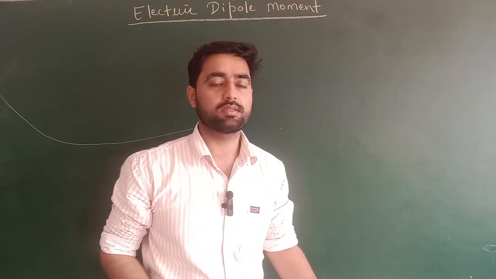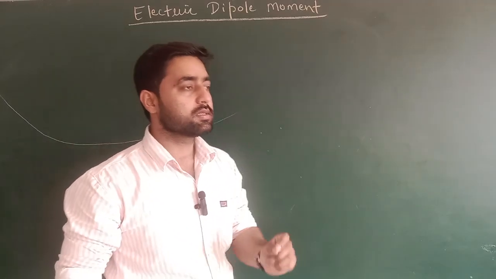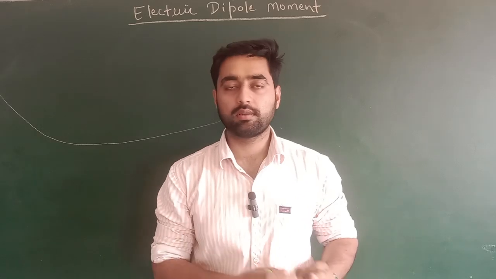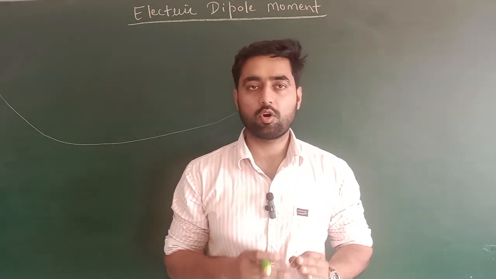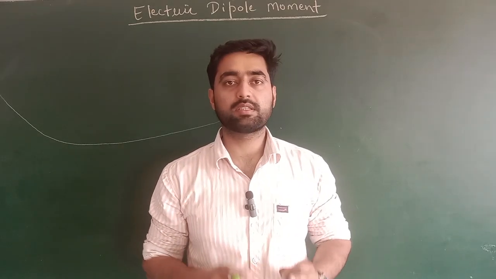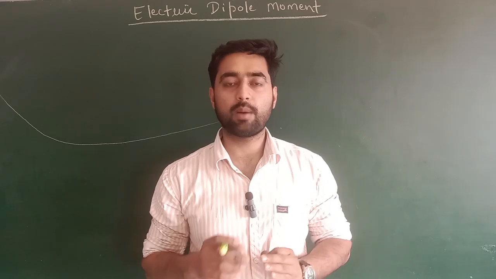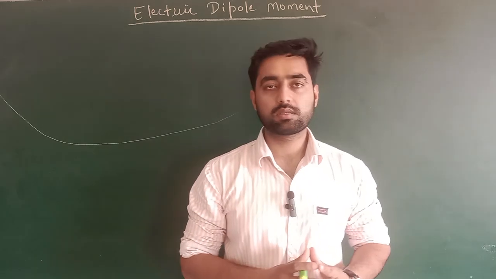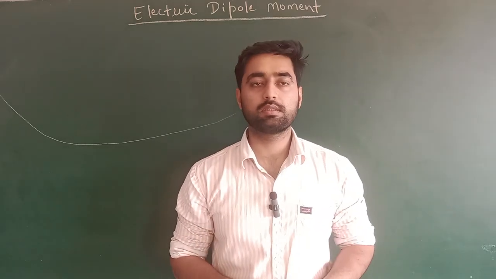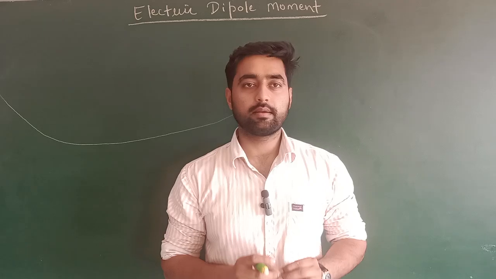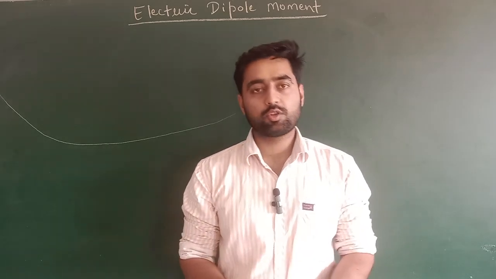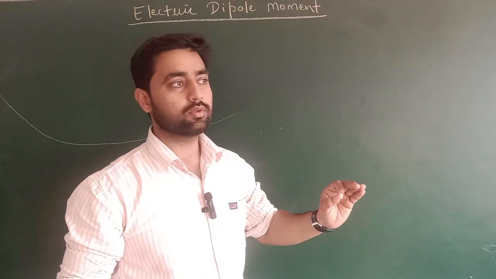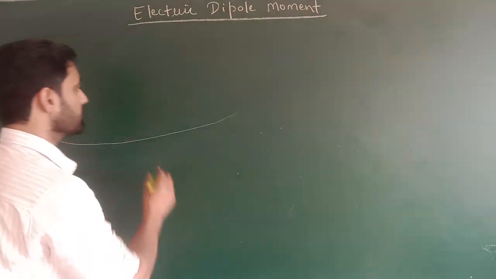Now the next topic is electric dipole moment. As we have discussed in the last video, a dipole is nothing but a combination of two charges of equal magnitude and opposite sign. When two equal and opposite charges are separated by a small distance, that arrangement is called an electric dipole. But the strength of an electric dipole is measured in terms of electric dipole moment. This is a new quantity that will be defined as